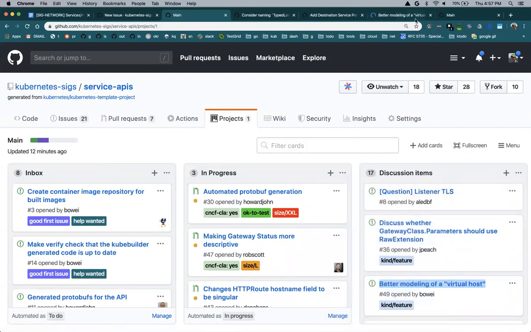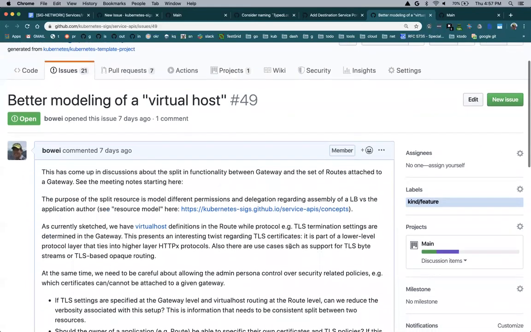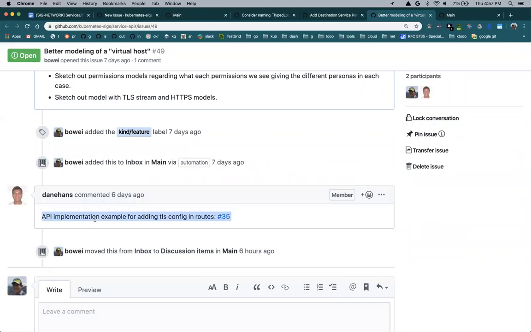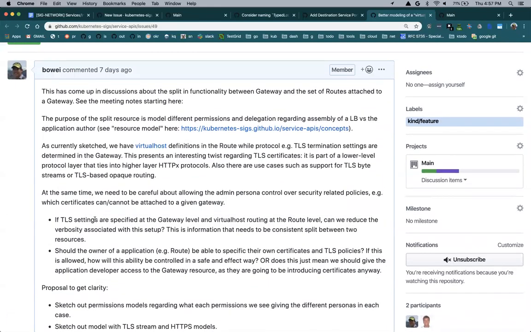I know that we talked about better modeling of a virtual host. And as a follow-up, we said we'll file an issue and then try to accumulate discussion here. I just wanted to throw this out here: this is the issue that was filed, and hopefully it captures what we discussed. I think we're still trying to collect data. Damian had a link here, but it would be great if everyone took a look at this and put your 2 cents here, and probably once we have some more feedback on this, we'll either file a PR and then discuss it actively over the next call.